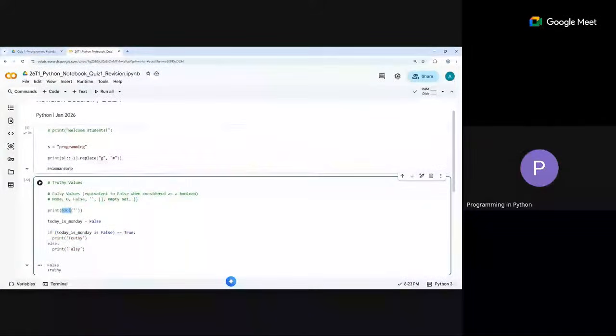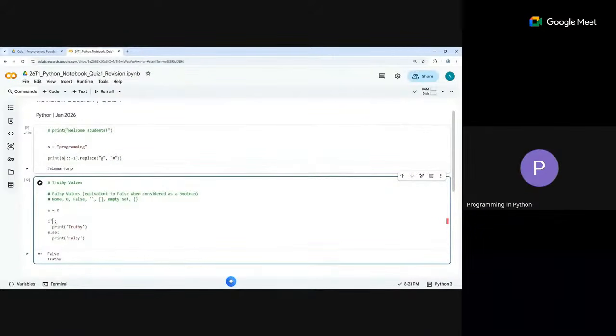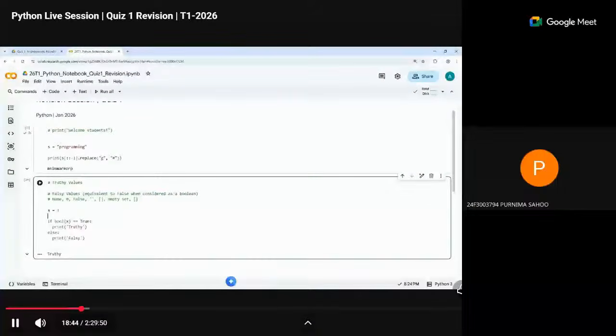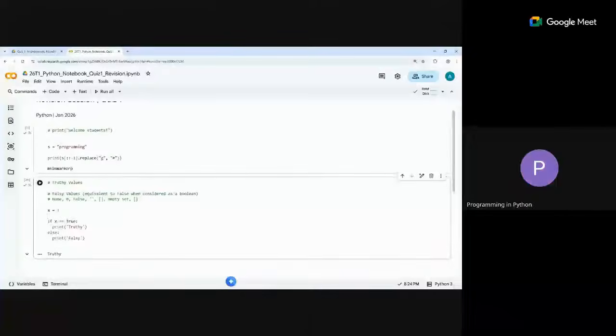So that is the idea. What it basically does is convert into boolean by default, whatever you put there, and then check for it. Earlier we were talking about falsy and truthy values. If x is equal to 0, and then we are checking if x, what are we checking here? We are checking if x is equal to true, and 0 is not, so it is falsy. However, if you say 1, it is equating it to true, because the bool part is already there. So here x is equal to 1, therefore you're going inside. This part is only printed when it is truthy. And similarly, anything other than 0 for numbers.